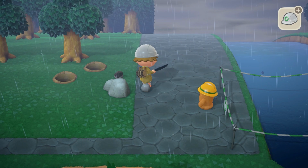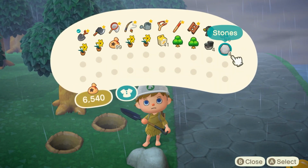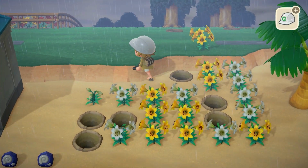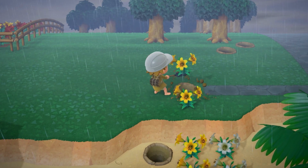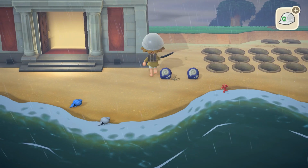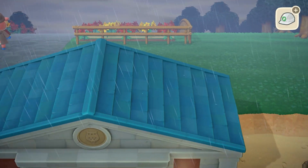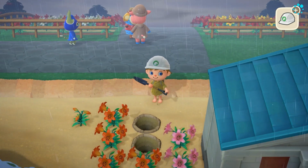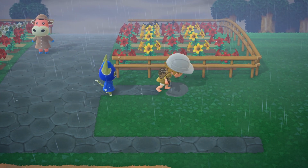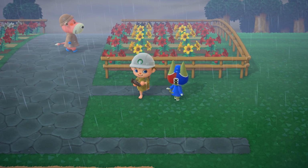We've almost cleared the way for our path. I'm just taking out some last little objects here, like so. And we have some flowers, but most of them are on the beach now. It's cleanup day. We're still getting rid of them. And last one. There we go. And these will obviously be donated. This is coming with me in my inventory. And then the hybrids for now will live down here for a bit, but eventually they will make it up to here. It took almost an hour in real life, but we can now finish laying down the rest